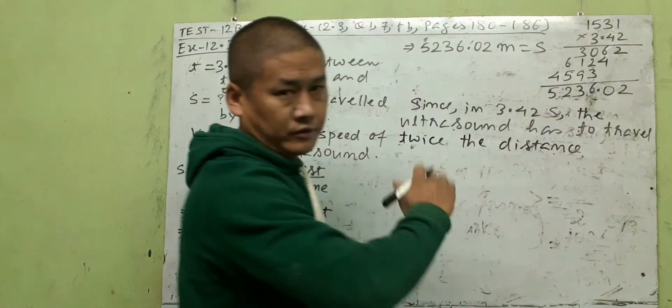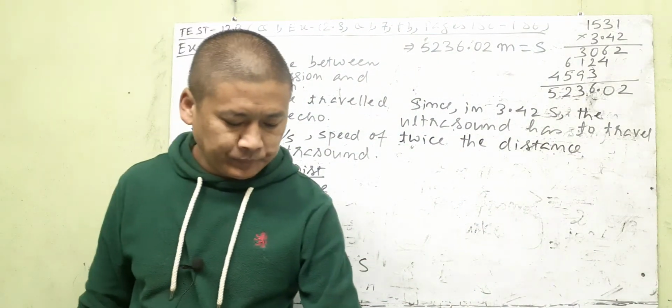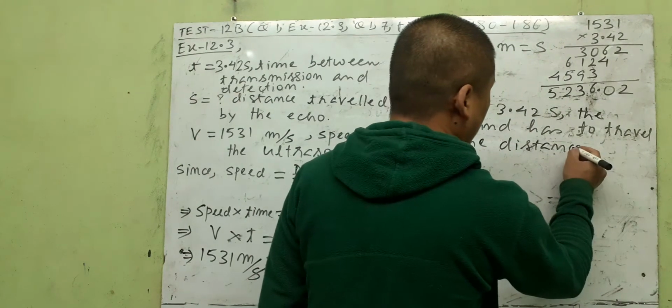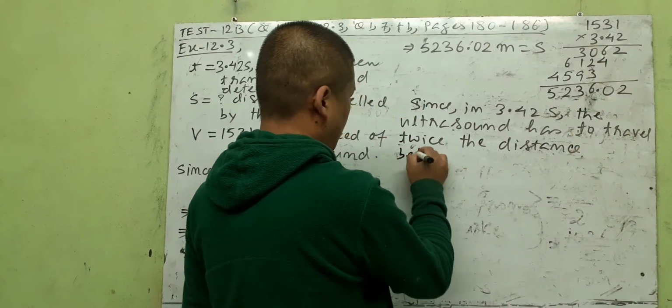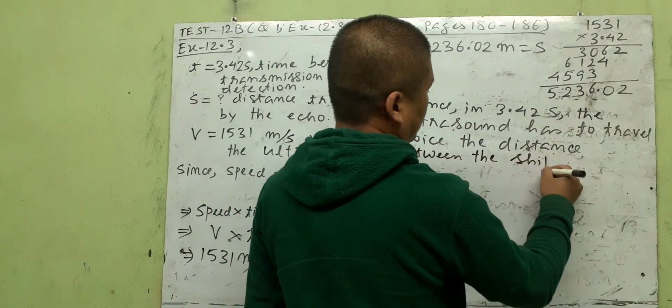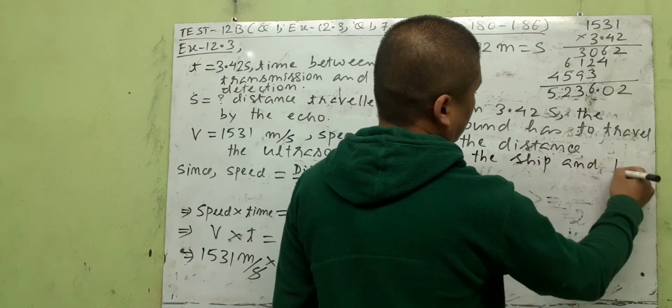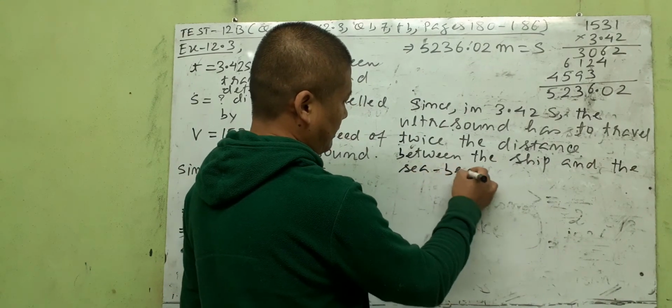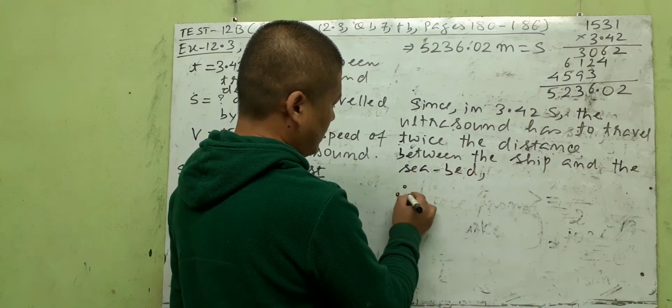I won't be explaining because I've explained the first one properly, right? Between the ship and the seabed, distance between the ship and the seabed, that means the floor of the sea. Because of this, therefore,